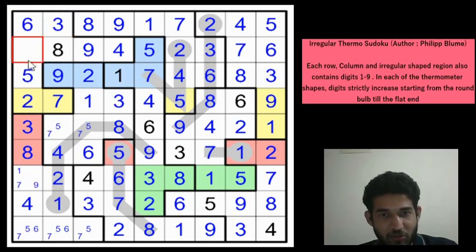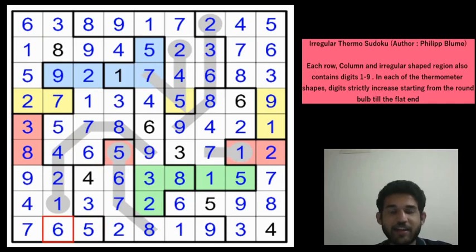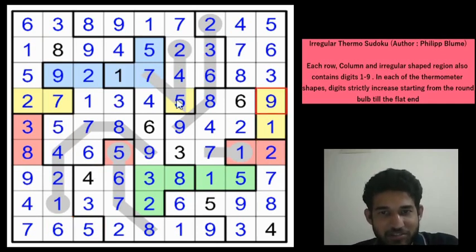And this would have to be a 1 to finish row 2. And row 7 can be finished now. This is a 9. And this cannot be 5 or 6. This is a 7. This would have to be a 5 now, because 6 is not possible. This is a 5, this is a 7 and this is a 6. And I don't think we really use this in-out property at the top of the grid, but at the bottom of the grid it really helped us.